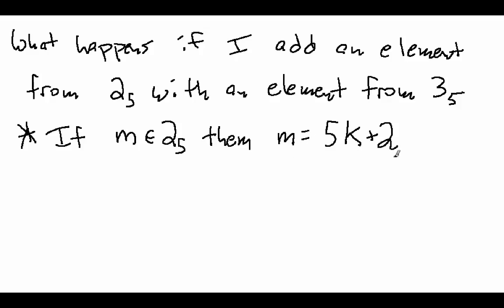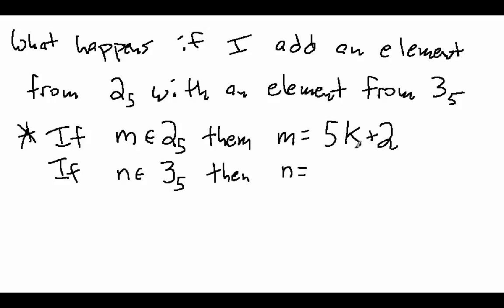Notice over here that if I were to divide this quantity by 5, I get a remainder of 2. Now, the other one is 3 sub 5. So if n is in 3 sub 5, then n,